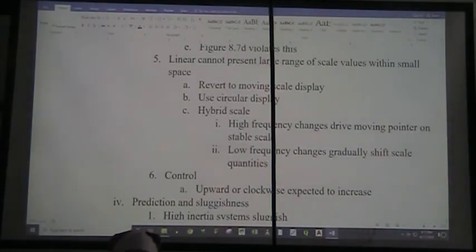Okay, if we have a linear scale, it can't give us a large range of scale values in a small space. In that case, we might want to revert to a moving scale display, use a circular display,